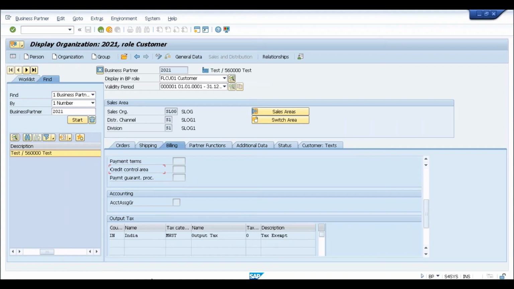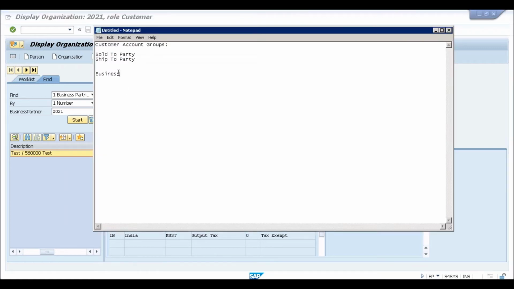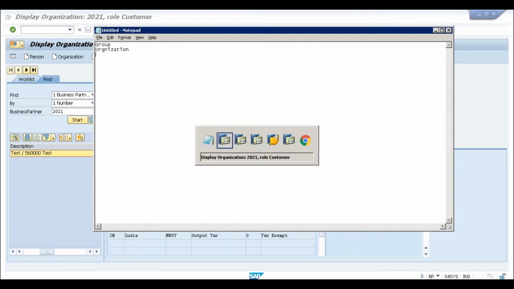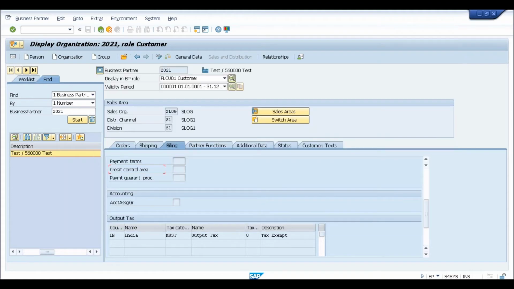If you remember, we started off with three different things: the group, the organization, and the person. Right. Or that's the relationship, right? That is the relationship, yes, which is not relevant to us. Right. Okay. Sharmila, sorry. Yeah, Sharmila.